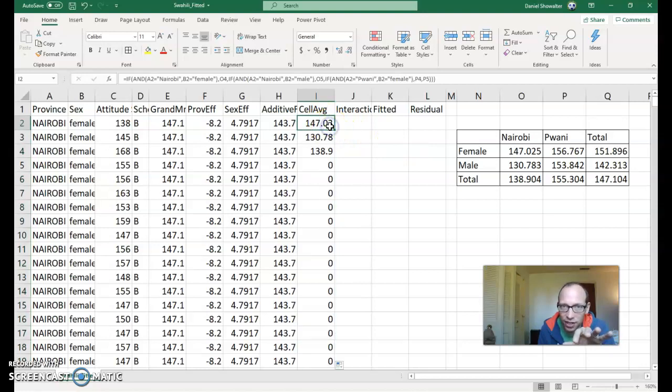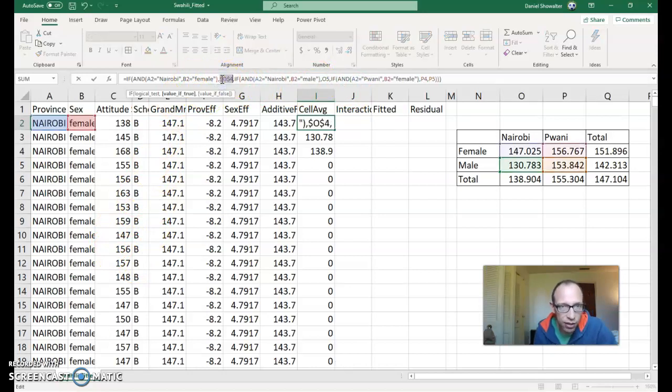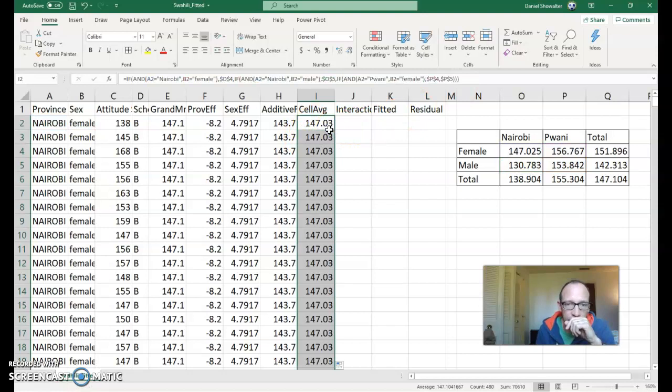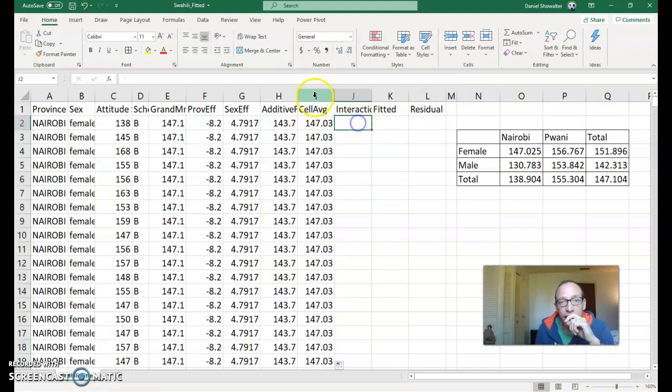I can't paste down because, again, I need to freeze certain cells. Anything in O and P, basically, I need to freeze. Okay, and that should take care of my formula. And then if I paste that down. Okay, the interaction